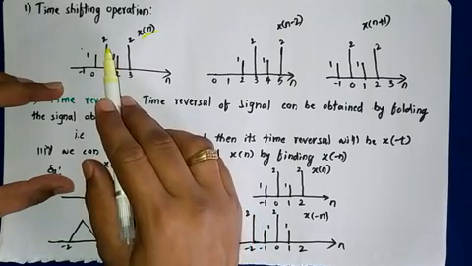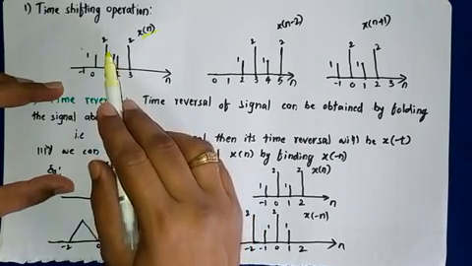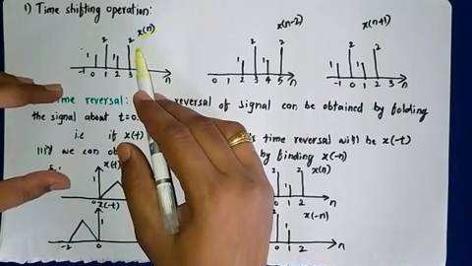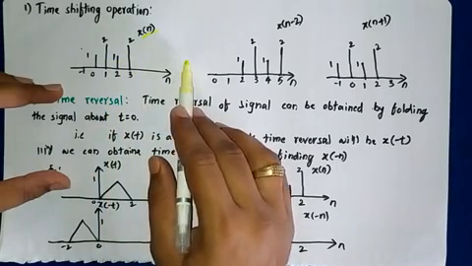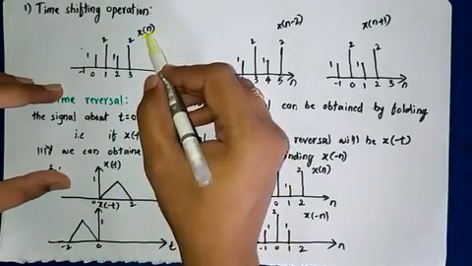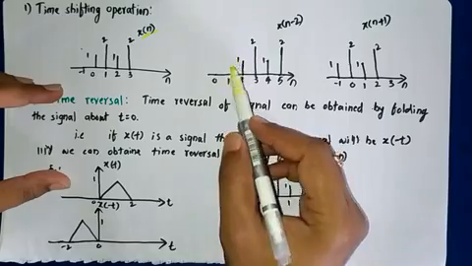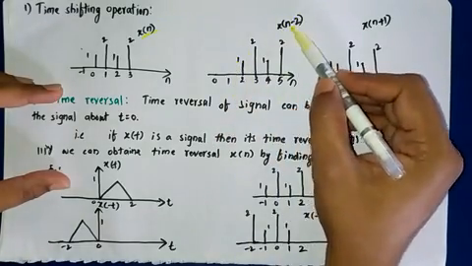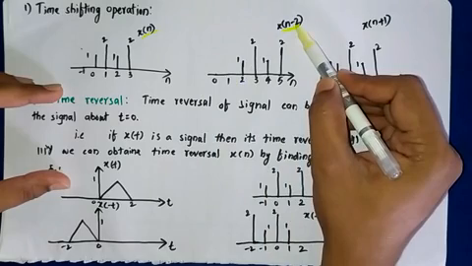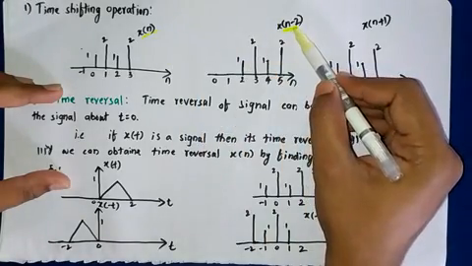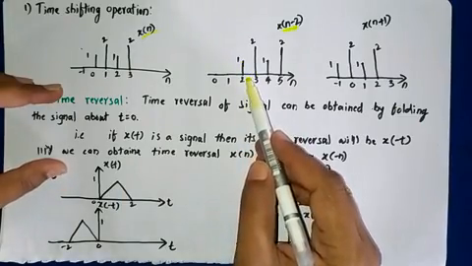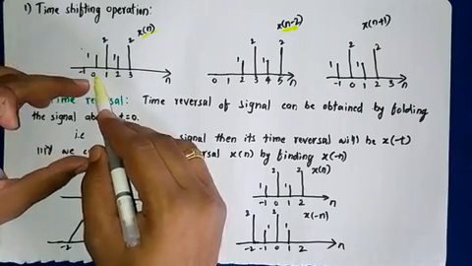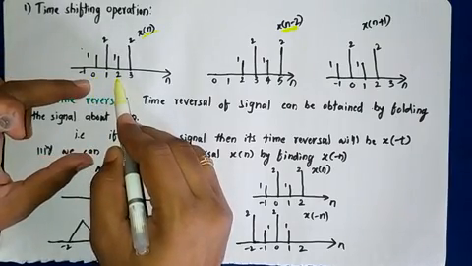If I want to do the shifting operation on this, if I am going to delay the signal, delaying means I will be shifting to the right side, and whatever terms are inside this bracket will come with the minus. So you can see here, x of n minus 2 is the delaying of the signal. How many units am I delaying? x of n will be delayed by 2 units. So this x of n is shifted right 2 units. Whatever value exists at 0, now it will exist at 2.